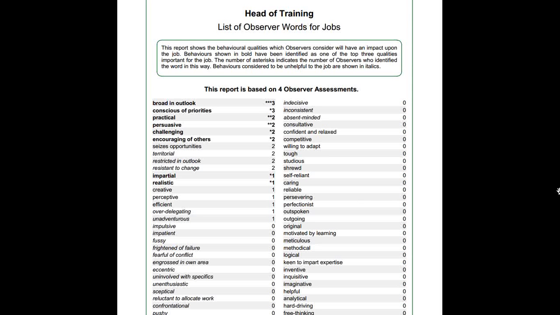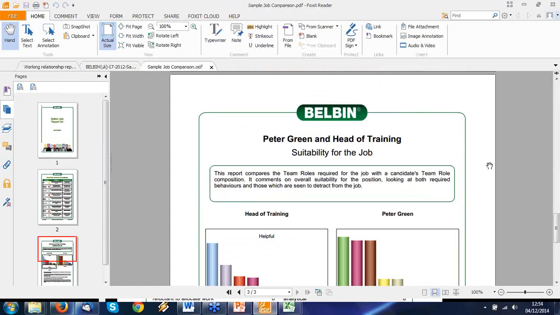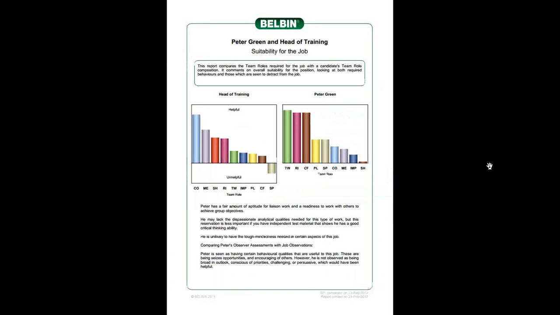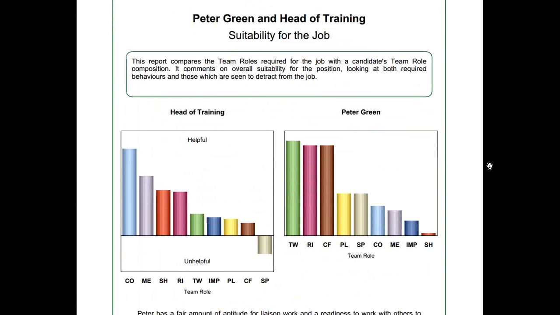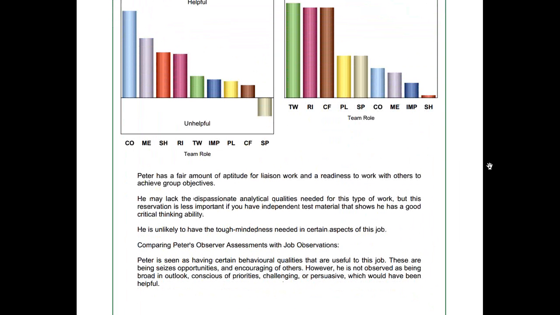So you're asking people what you feel is the same list of observable words, hence we can do a correlation match between what people feel the qualities needed within the job compared to what qualities potentially the individual has. If we look back at that Peter Green comparison, job suitability, it actually said he had these qualities, but however it would have been useful to have also had, and that's where that information comes from, because we collected the observers. So if we scroll to the last paragraph,